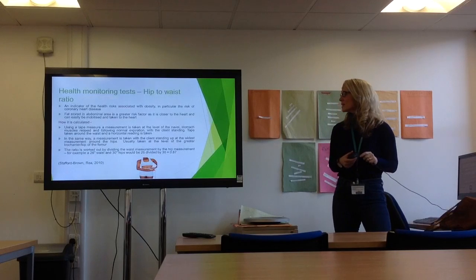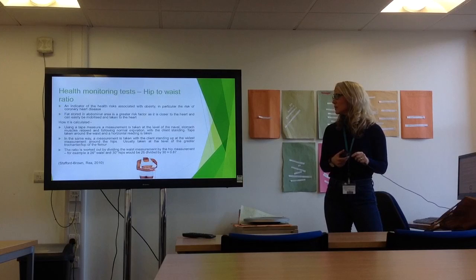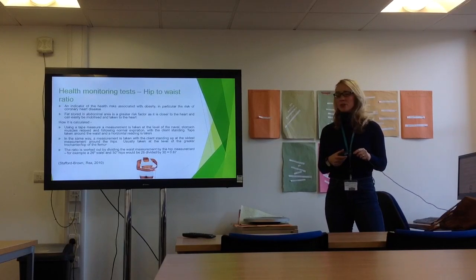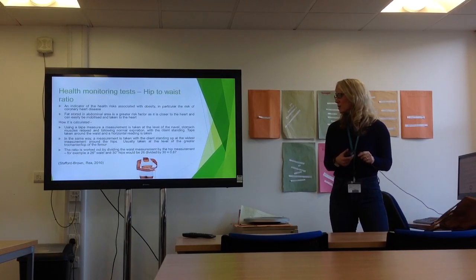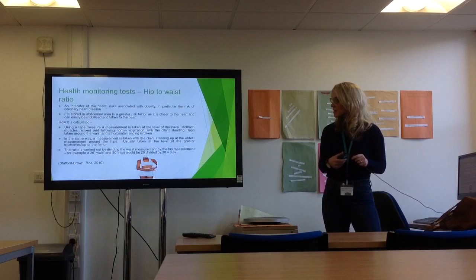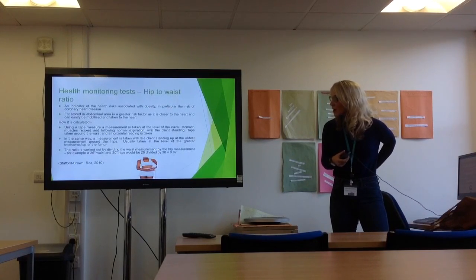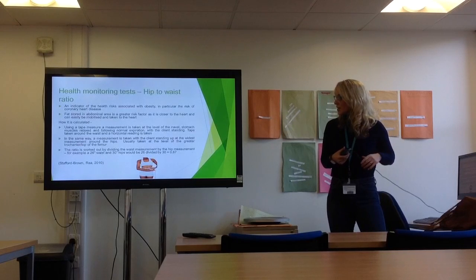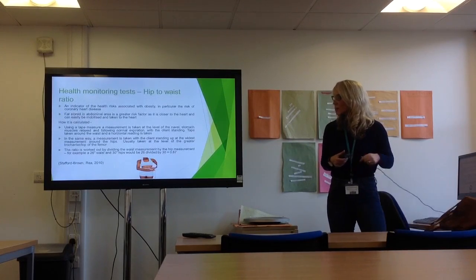Just a tape measure is needed. It's taken around the stomach, around the navel, muscles relaxed and following just a normal breathing rate, with the client standing up. And then the tape is taken around the waist and the horizontal reading is taken. And a measurement is taken with the client standing at the widest part around their hips, usually taken at the level of the trochanter of the femur, so it's around the thigh.